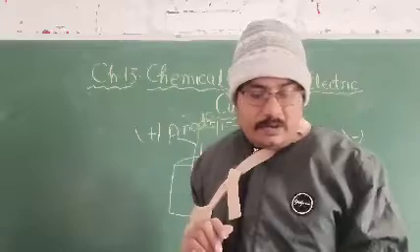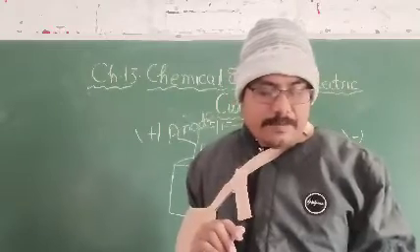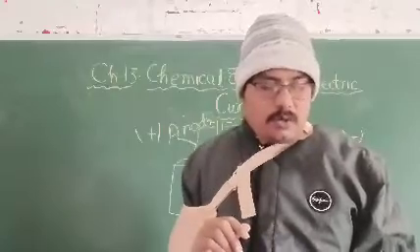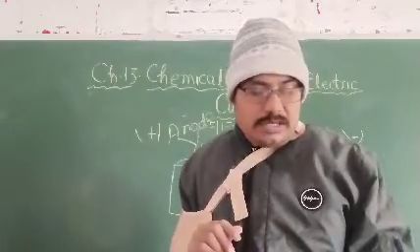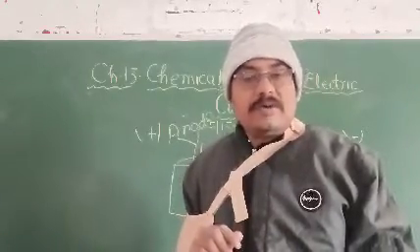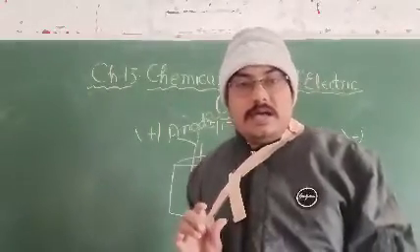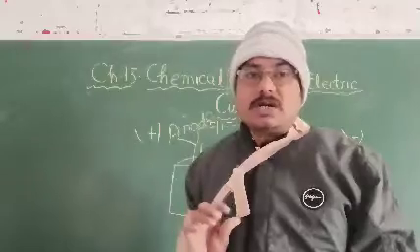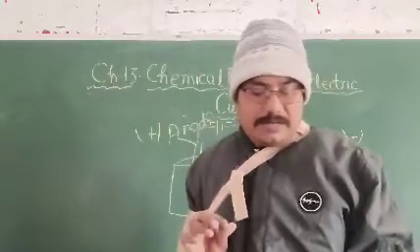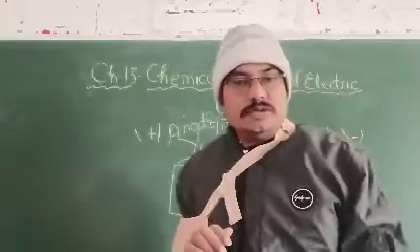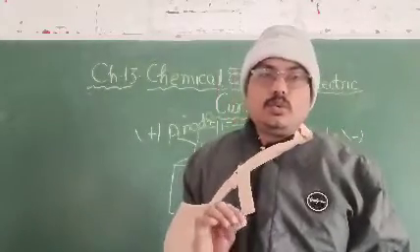So the filament of the bulb gets heated to a high temperature, becomes white hot and starts glowing out the light. So here you can see the heating effect of the electric current. When the current is passed, that filament gets heated, and when it gets heated, it starts emitting light. So if the current flowing through the circuit is too weak, if the voltage is too low, if